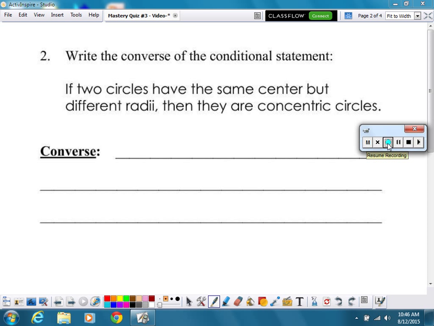Question number 2 has to do with writing the converse of a conditional statement. That's basically switching the if and the then around. So instead of starting with the if part, we're going to start with the then part. Our original statement starts off with, if two circles have the same center but different radii, then they are concentric circles. Well, to rewrite that as a converse, what we'll do is we'll start with the word if, but instead we'll say, if two circles are concentric circles,